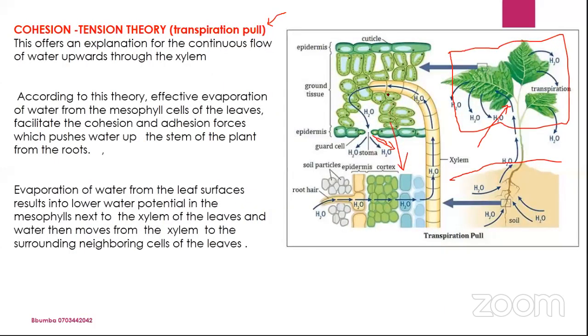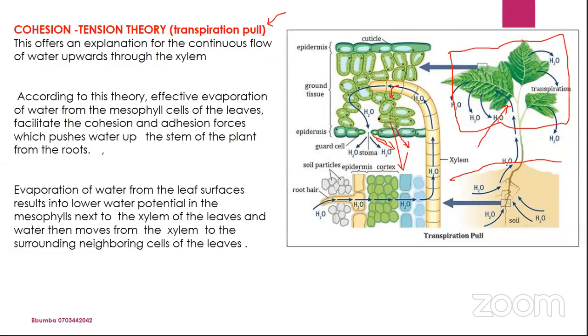Now, when these cells have a low water potential, it means they are less concentrated. Water is going to be drawn from the xylem to enter these cells where there is low water potential by osmosis. Now, when water enters here, it is being pulled from the xylem to enter these cells. And remember, these cells are continuously losing water by